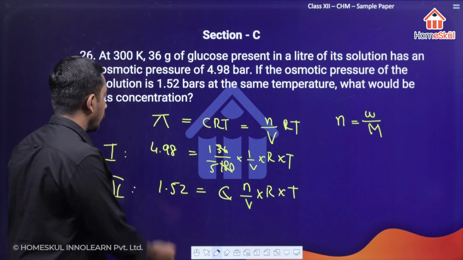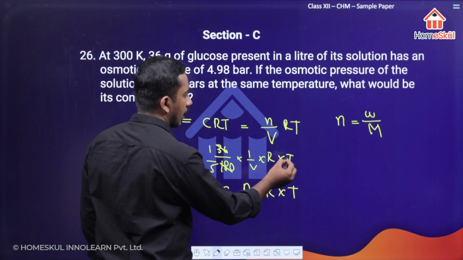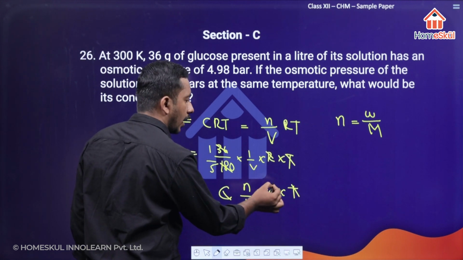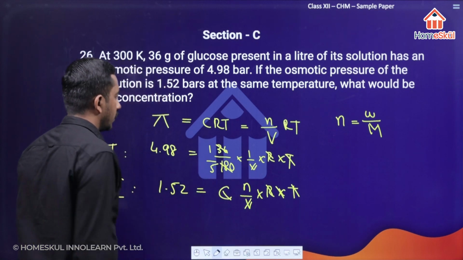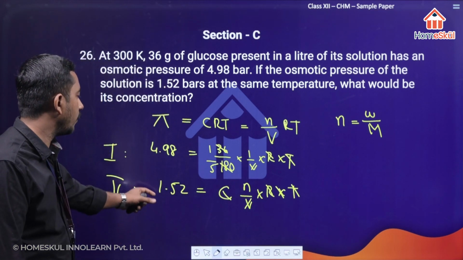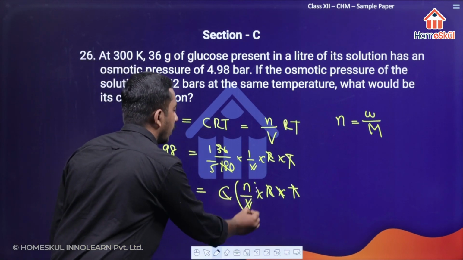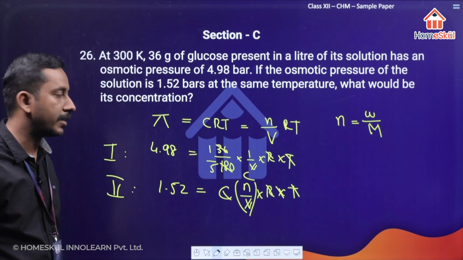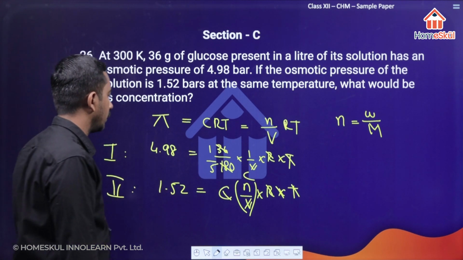Right. So if you compare both the equations, we can see that there are three terms that are constant. Temperature is going to be constant, R is already a constant, and the volume is also going to be a constant. Right. So we'll have to compare only the remaining terms. Okay. So now if you divide these two equations, we can easily obtain the value of the n by V term, or the concentration term. Right. So now I'm going to divide the second equation by the first equation. That means